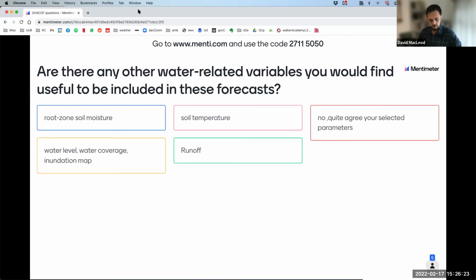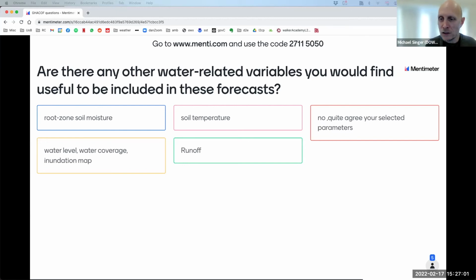So we have runoff, and maybe one of the developers could comment on this. Actually, can I just say a brief word, because inundation is listed there as well, and this is a conversation we've been having with FAO Swalim as well, because there is a lot of interest in understanding potential areas of inundation during flood events. So one possibility is that we would take our model results and connect them to a flood inundation model to explore the spatial coverage of inundation. But this is just in its early stages of conversation rather than something that we're promising in the short term.